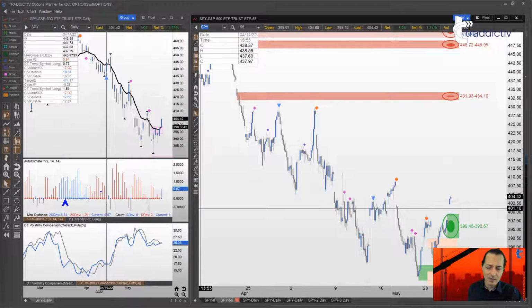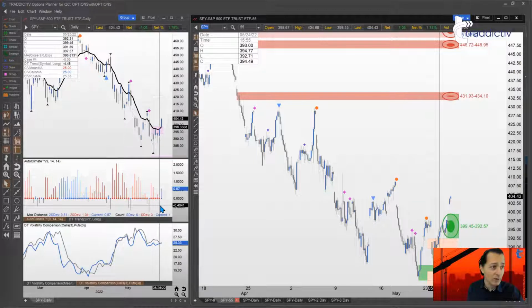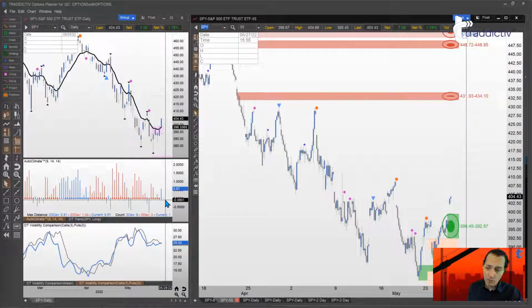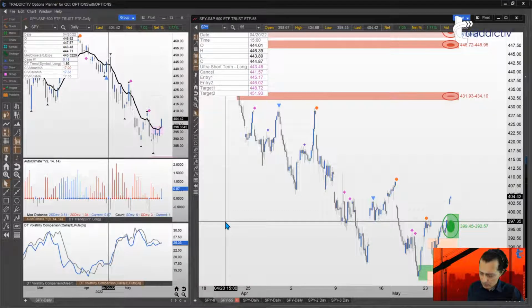Again, important fundamental news took place during this time, which could be the reason why the buyers went away and new sellers came in. But again, looking at the markets purely from a technical point of view, this is what we have. Okay, this is what we have. So now, careful,